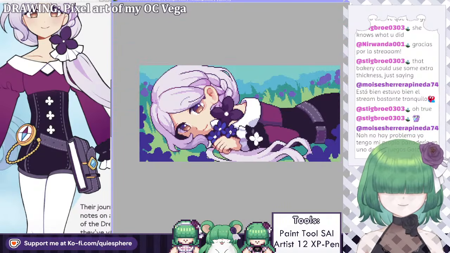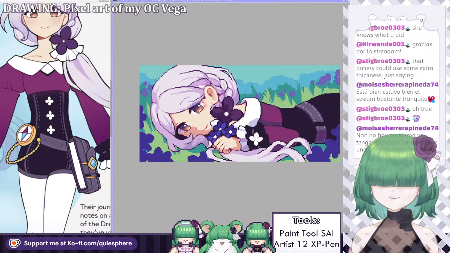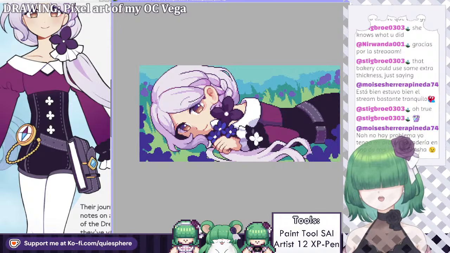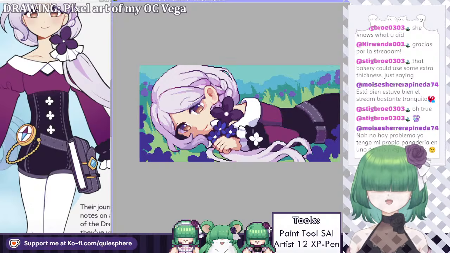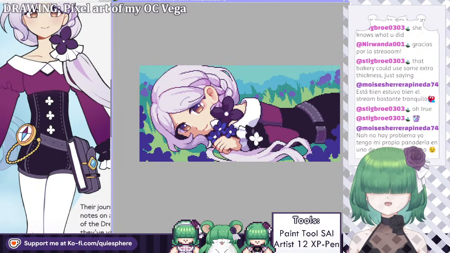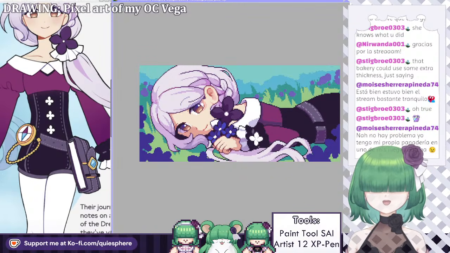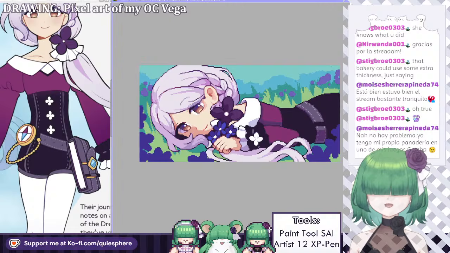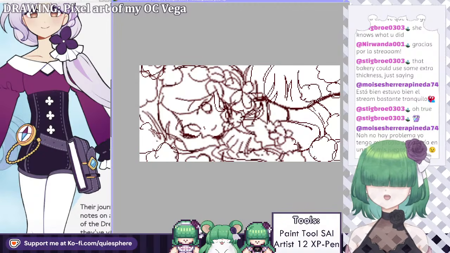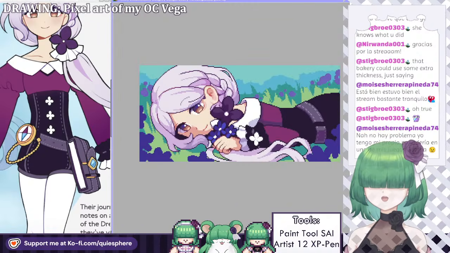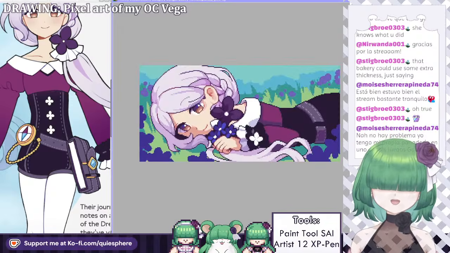Creo que de momento lo dejamos así. I think for now we're gonna leave it like this. And I'll continue it some other time, either on stream or off stream. We'll see, depending on how much is left and how much I can work on it off stream. So yeah, I would say pretty good work. Look at the difference one last time. La diferencia una última vez es como, wow. Ha cambiado mucho. It has changed quite a bit.